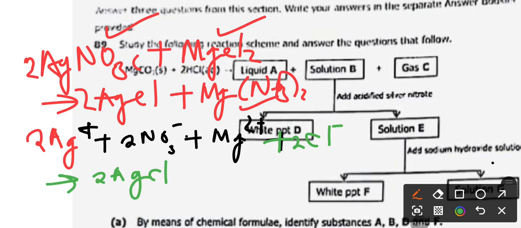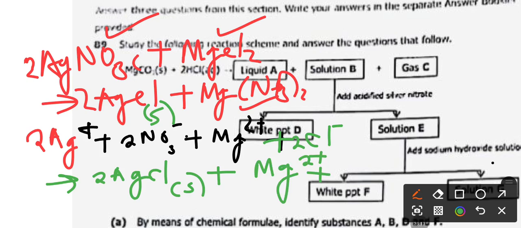For the chemical substance that is in solid state or liquid state, it does not split. It is only the aqueous substances that should be split. So the silver chloride remains like this. Then plus magnesium 2+ here plus 2NO3- like this. Okay, so in writing the net ionic equation, what we'll have is that the spectator ions